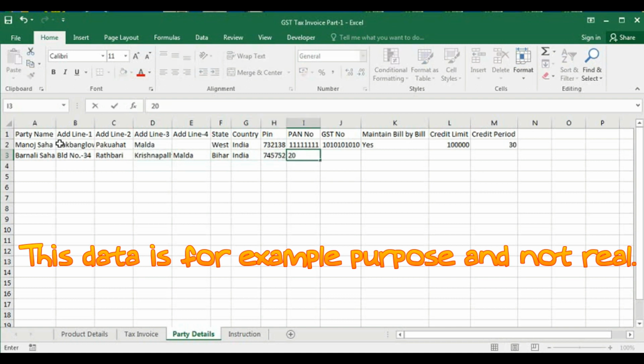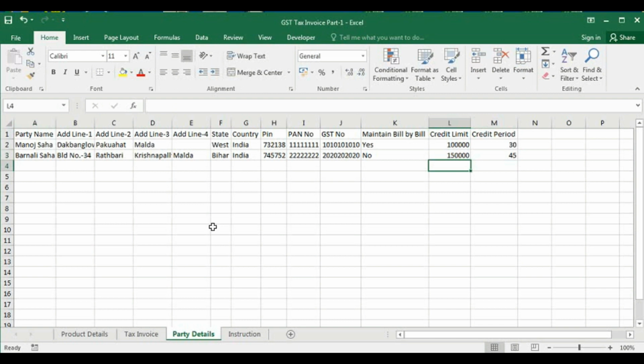PAN number. 1,50,000. Credit period 45 days. So these are the 2 data I have entered.